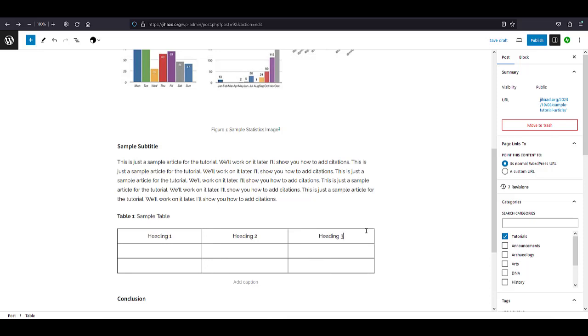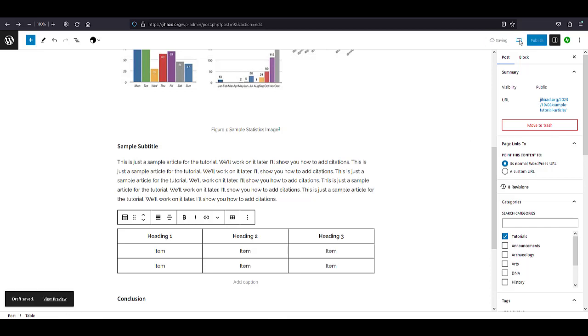All right, so now we will go to these boxes right here. If you want to bold these, I would suggest you bold them. You don't have to. Some articles and journals don't want you to bold them. We don't mind if you make them bold, but that's completely up to you. Now we'll add item 1 here, and then, let's just do item. We'll just put item here. I'll copy it and paste it for the sake of saving time. All right, so now your table is complete, and let's save it,